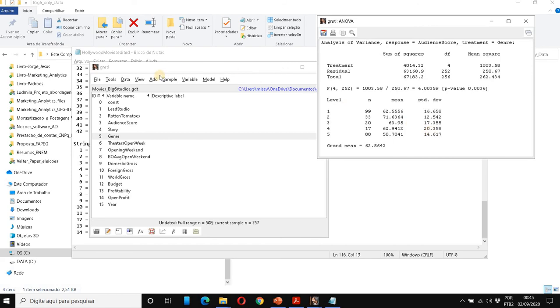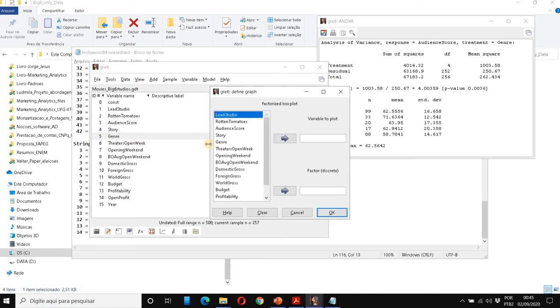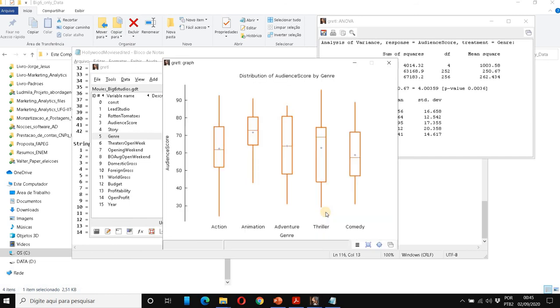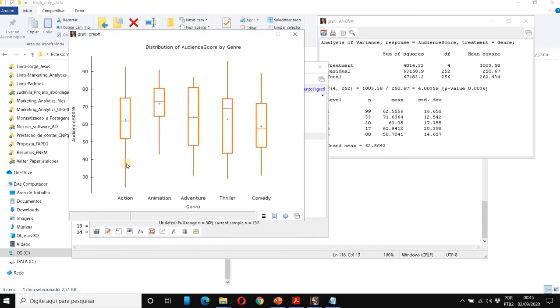And to understand the visual idea, I want you to go to View, Graph, the specific vars, which is variables in this case. We're going to click on Factorized Box Plot, and then click on Audience Score, which is the variable to plot, and then Genre, which will be the factor variable. I'm going to click on OK, and now I have different box plots for the movie styles, which are action, animation, adventure,